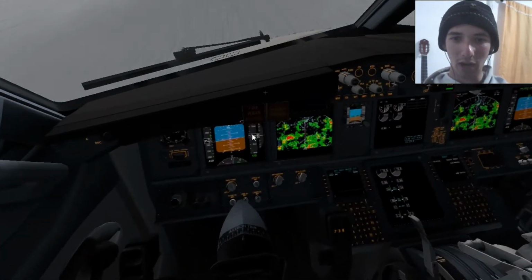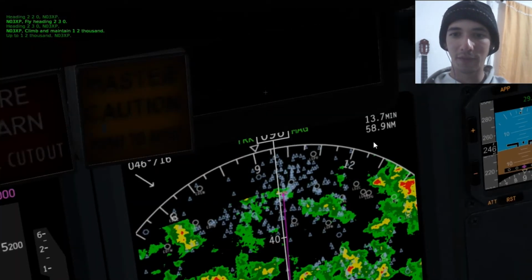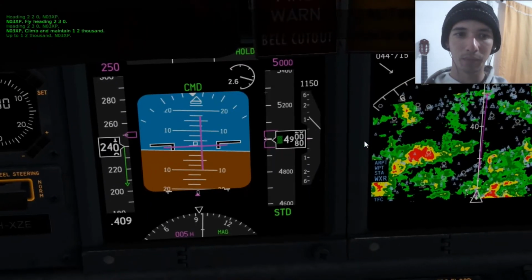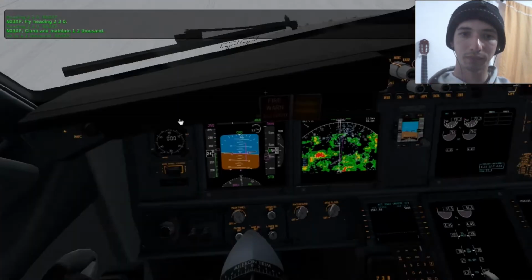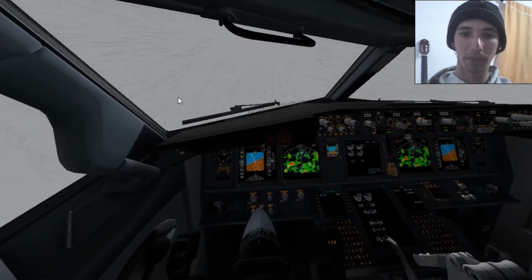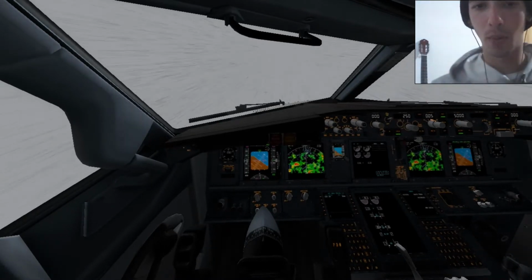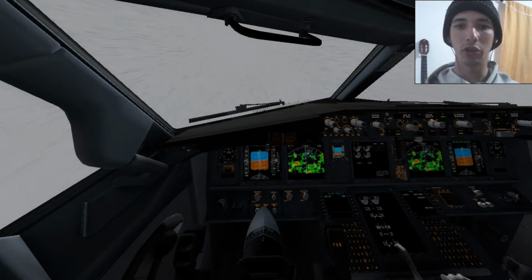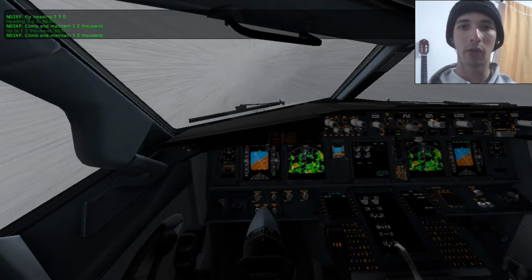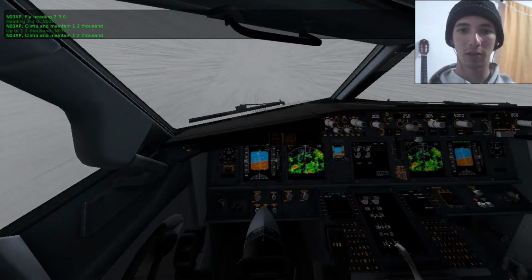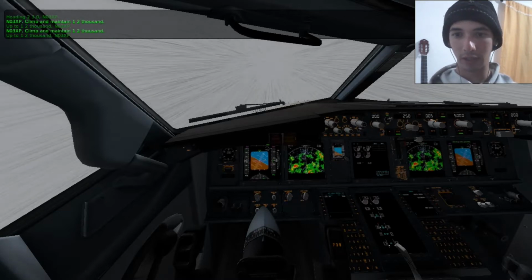So right now we are 58 nautical miles away, flying at the speed of 250 knots. So remember, now at this point you might be wondering how you are going to visualize your runway. How are you going to see where you are going? How? The answer is you